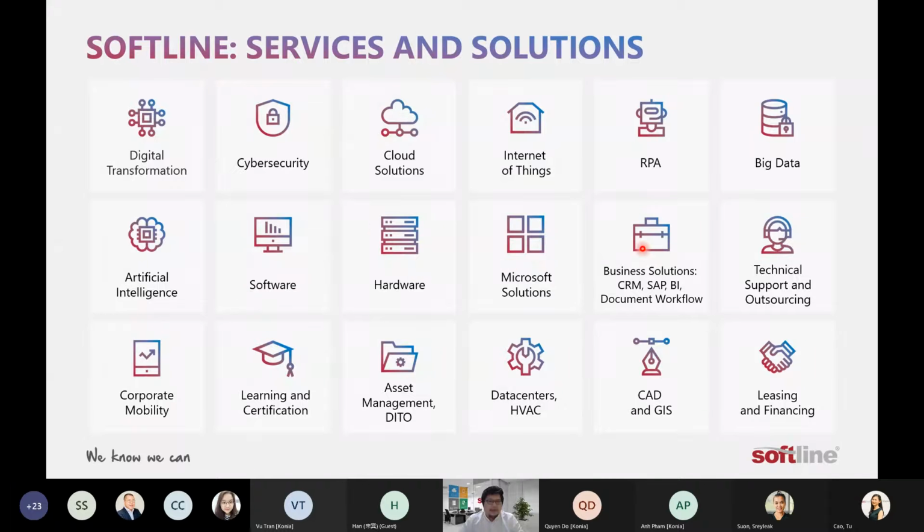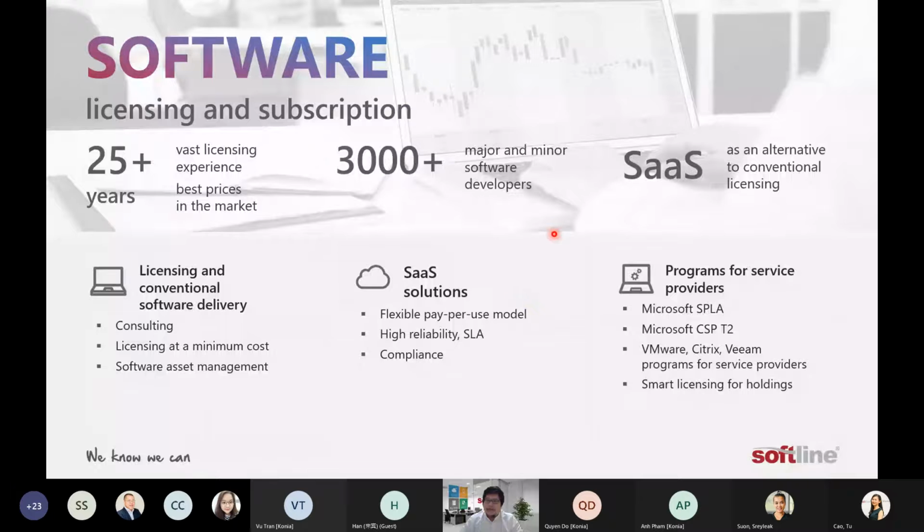And another point is about the ERP system. We have a solution for the business solution like CRM, SAP, document workflow, etc. Okay, so let's look a little bit closer. So for the software licensing, we are providing both on-premise and subscription as well as the cloud. So for the licensing and subscription, we are doing